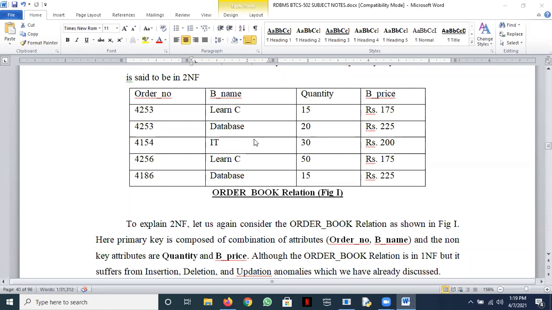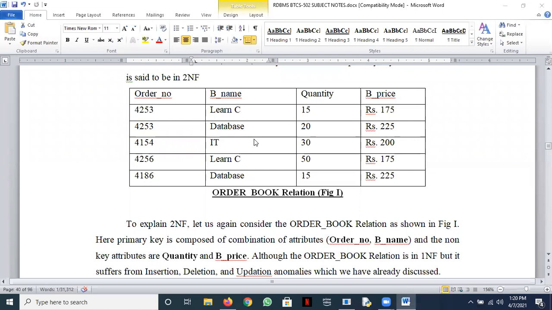You see, when we study normalization, we are always thinking of tables which should not have the insert, delete, and update anomalies. Okay, so I'm having an insert problem. I want to insert, I've got some books with me. I purchased a few books. I want to add them into this table. I have the book name and the book price. Can I add it, Sakshi? Others can also raise their hands. So we will not have order number and quantity about them.